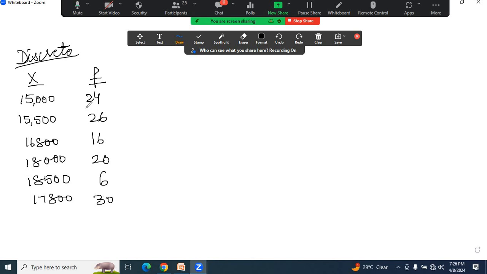right? Now I told you, when we have observations and frequency in median, we need CF. CF is cumulative frequency. Now in cumulative frequency, it also has a rule. I'll tell you how. In cumulative frequency, how do we find it? The first frequency number remains the same, meaning 24 will remain 24. Then I will add the cumulative frequency of the previous number and the frequency of the next number, meaning 24 plus the next number, 26. How much? 50. 50 plus 16, it is